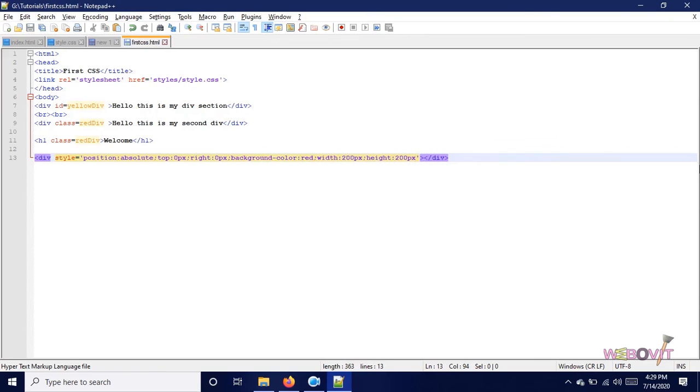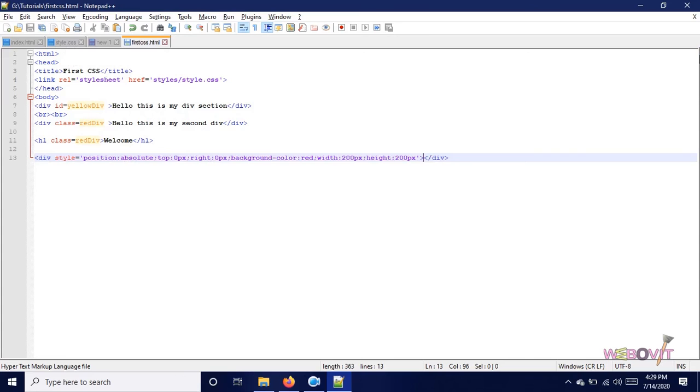Here I have directly provided the style inside the inline styling. I could provide it as an ID also and mention the styles in the styles.css page, or I could give a class also and mention the styles on the styles.css page. But for here, just for your knowledge, it's good practice to always put style in a separate style sheet page, and we have learned the benefits already in our first video.